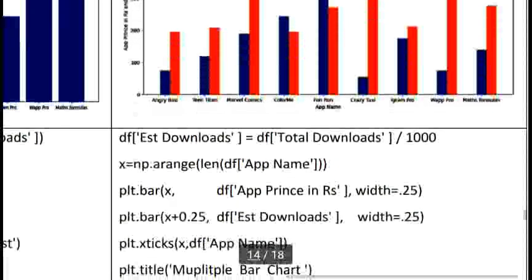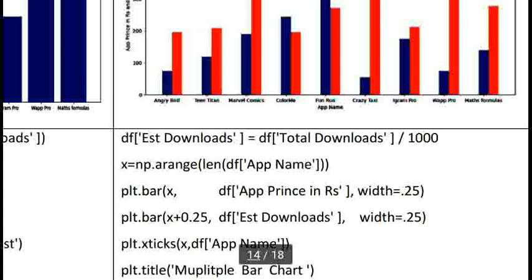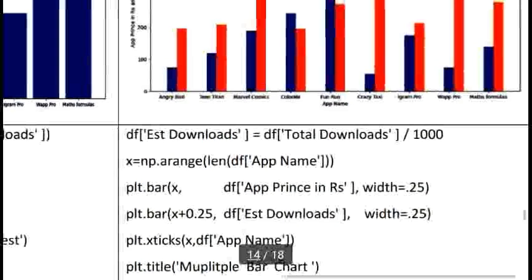So here we have two columns, total downloads and EST downloads. We have multiple columns and I want to put them on a bar chart. But in a bar chart, when we have multiple numerical columns, we need the xticks function for the x axis to give proper titles. So first we count how many applications.